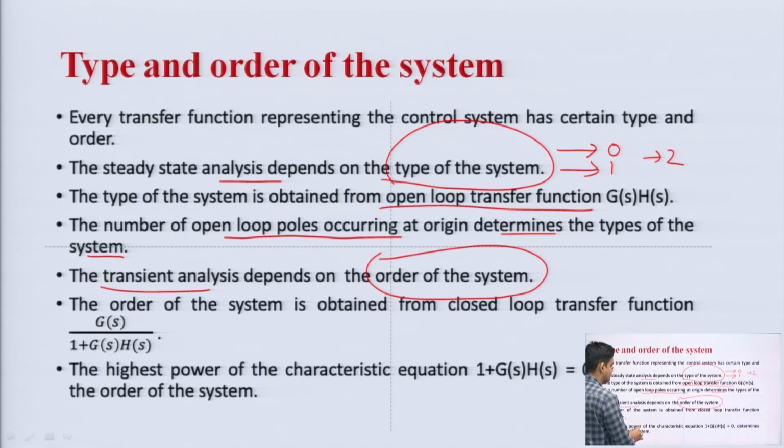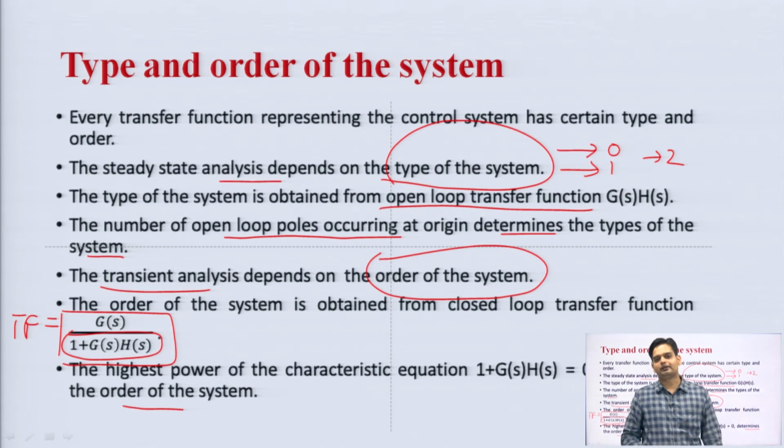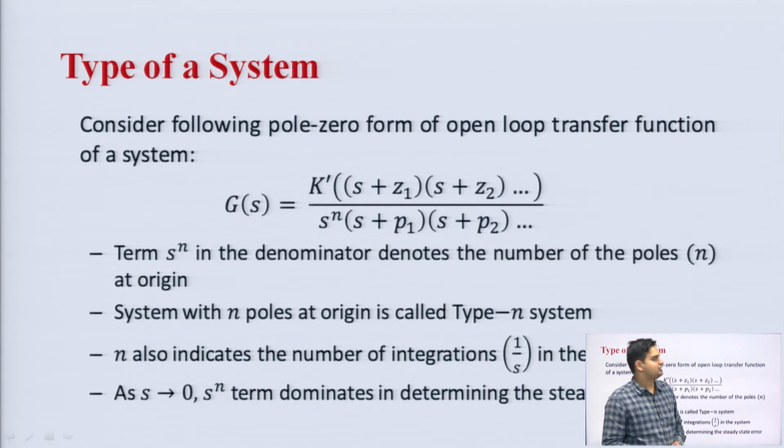Okay. So, in this case we are getting the transfer function of the closed loop system like this. Here the 1 plus G(s)H(s) term will give us the quadratic equation. The highest power of this equation will give us the order of the equation. So, whenever we need to calculate the order of an equation, we calculate 1 plus G(s)H(s), and in this expression we need to observe the highest power of s, and the highest power of s will give us the order of the equation.